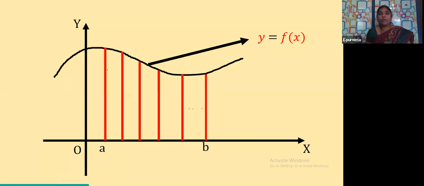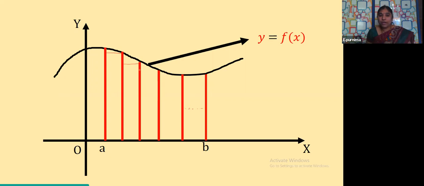Now, but how can you find out the area? Our question is to find out the area, and by just simply drawing the lines, area cannot be found. So then what to do? I am trying to draw the rectangles here, children, using these lines. See here, if I join this part and here, it becomes a rectangle. Is it clear? And here also, if I join here, it becomes a rectangle.